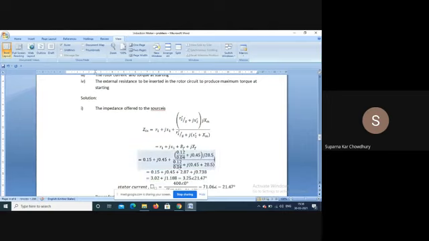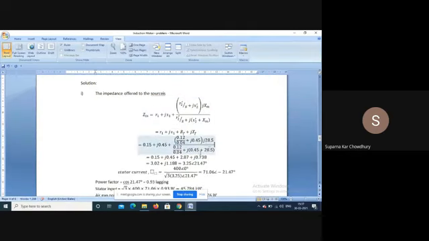xm. Then the denominator is 0.12 by 0.04 plus j into x2 dash plus xm. So if you simplify this, you will get values like this. So this is R1, this is X1. So from comparing, this is RF and this is XF. If we add, the total input impedance is 3.02 plus j 1.188. If written in this form, this is 3.25 angle